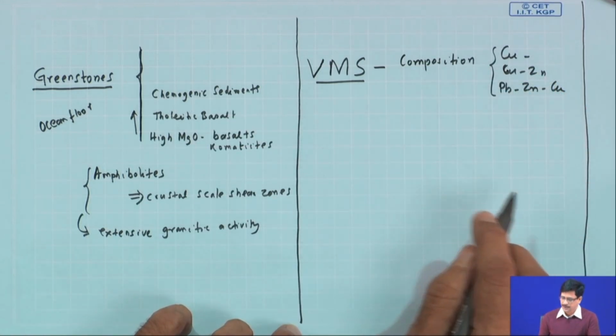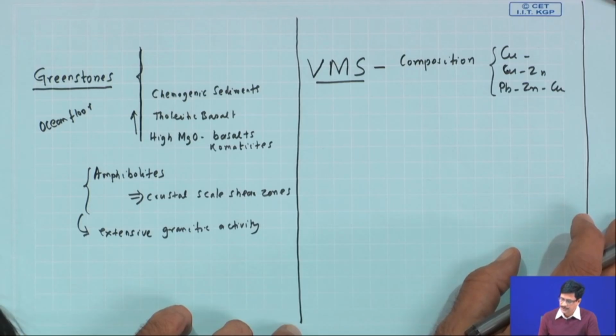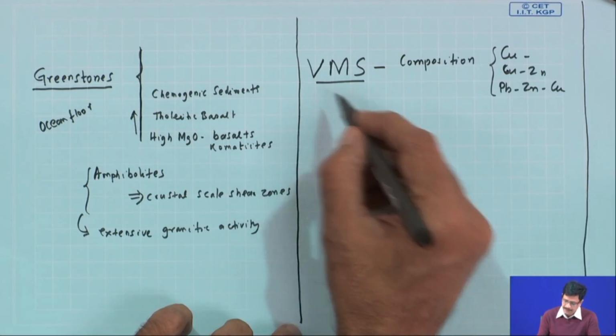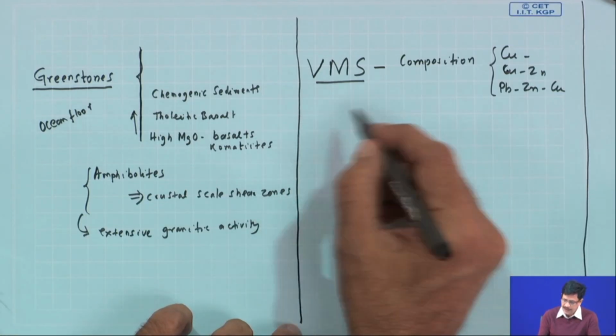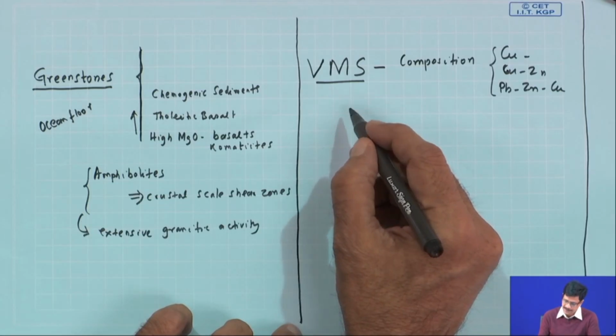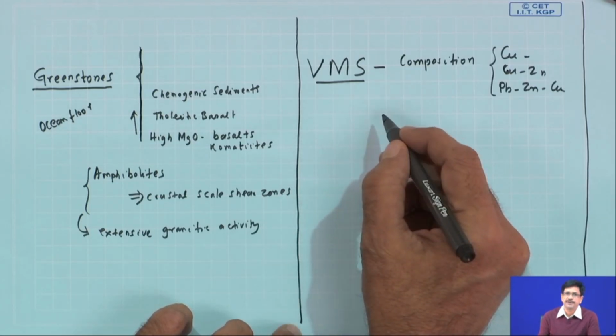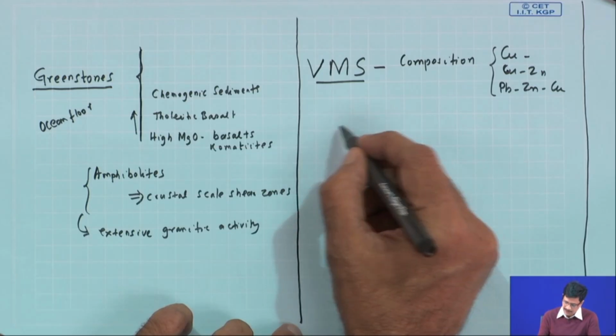We will not elaborate on this kind of compositional classification based on the type of metal coming from these deposits. These deposits are essentially ocean floor hydrothermal systems and are associated with two broadly different kinds of tectonic regime, the rift